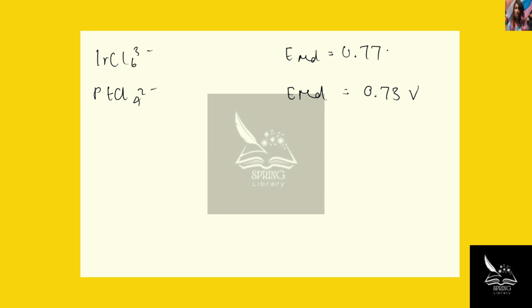So the first, where we have IrCl6 3-, we have an E value of 0.77, PtCl4 2-, 0.73 volts, PdCl4 2-, 0.62 volts, where we add a series of electrons: add 3 electrons, add 2 electrons, add 2 electrons to generate